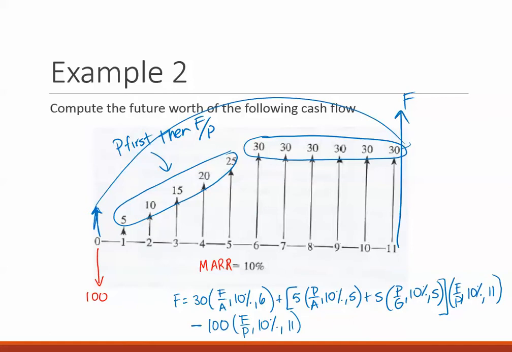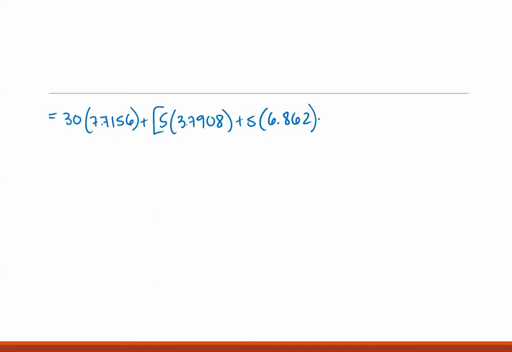So let's go off to the next slide so we can finish this. Okay, so this is equal to 30 times 7.7156, plus 5 times 3.7908, plus 5, 6.862, times 2.8531, minus 100 times 2.8531, and this is equal to, let's see,